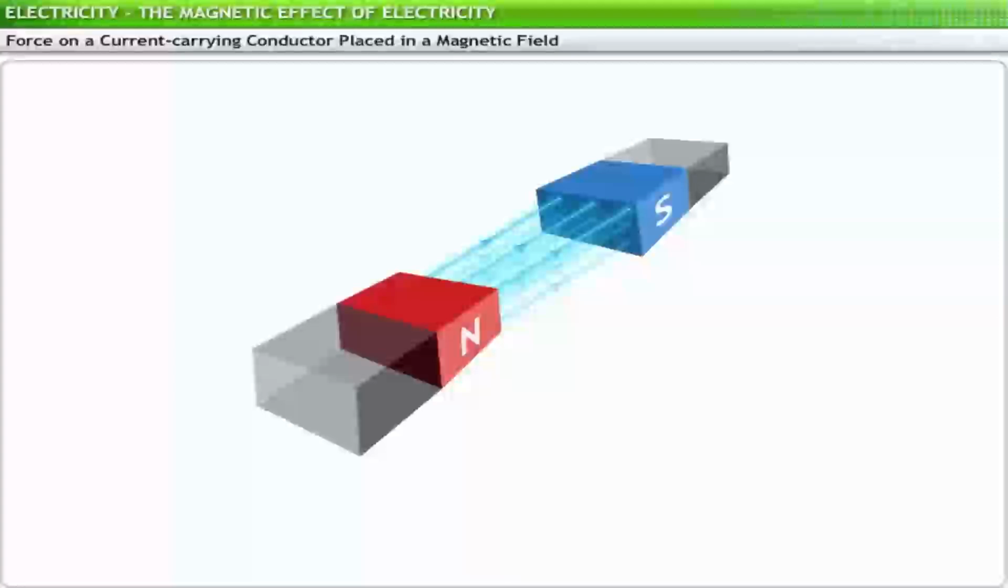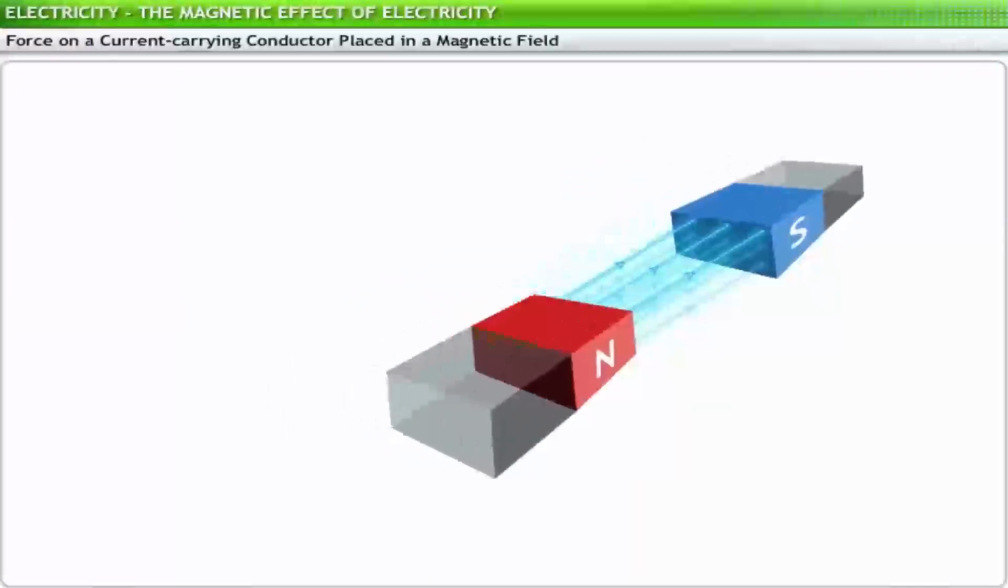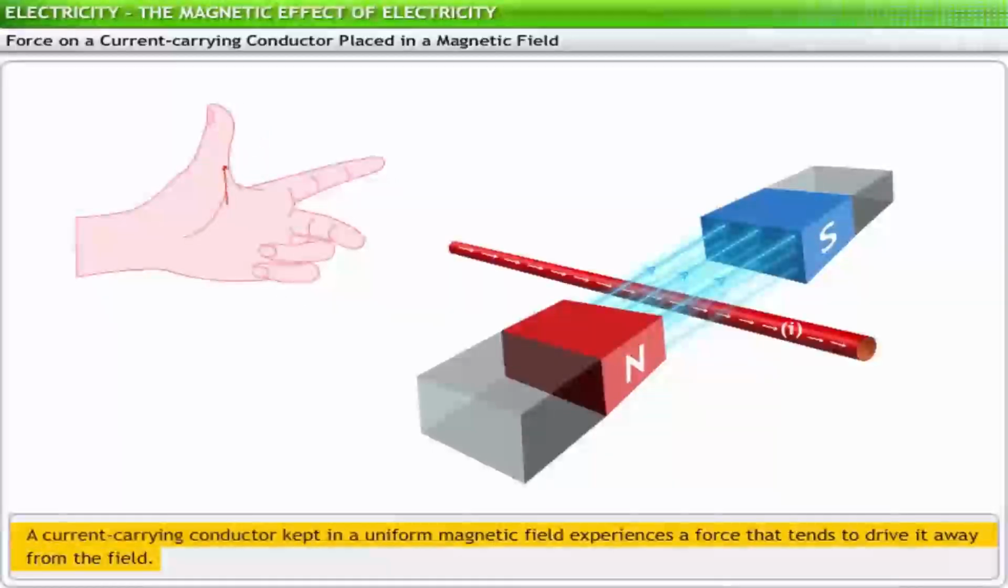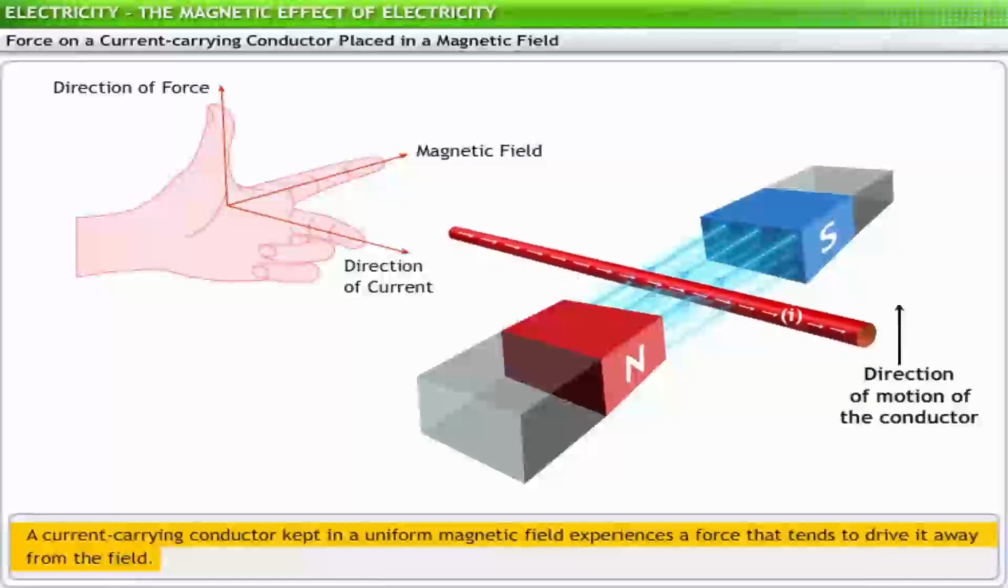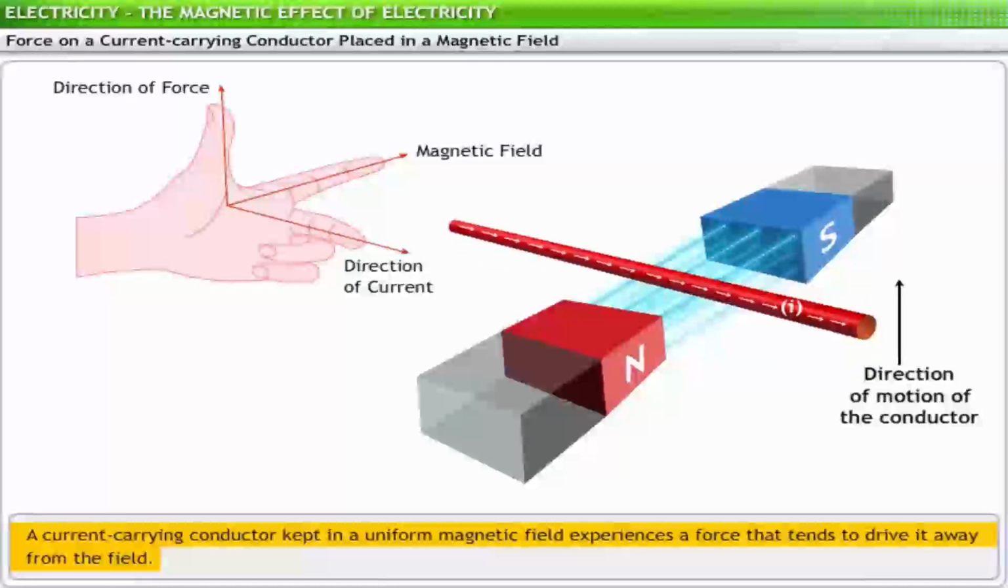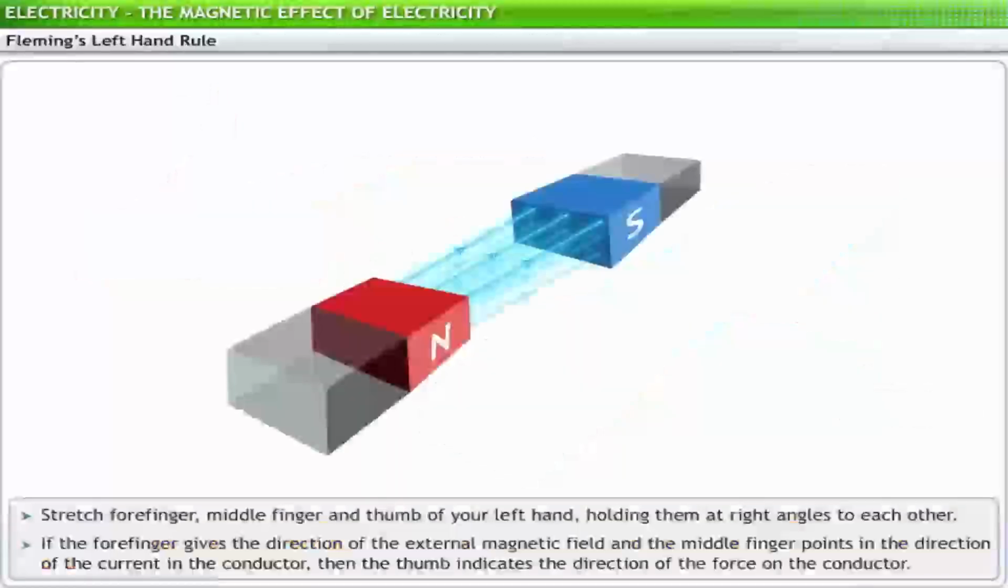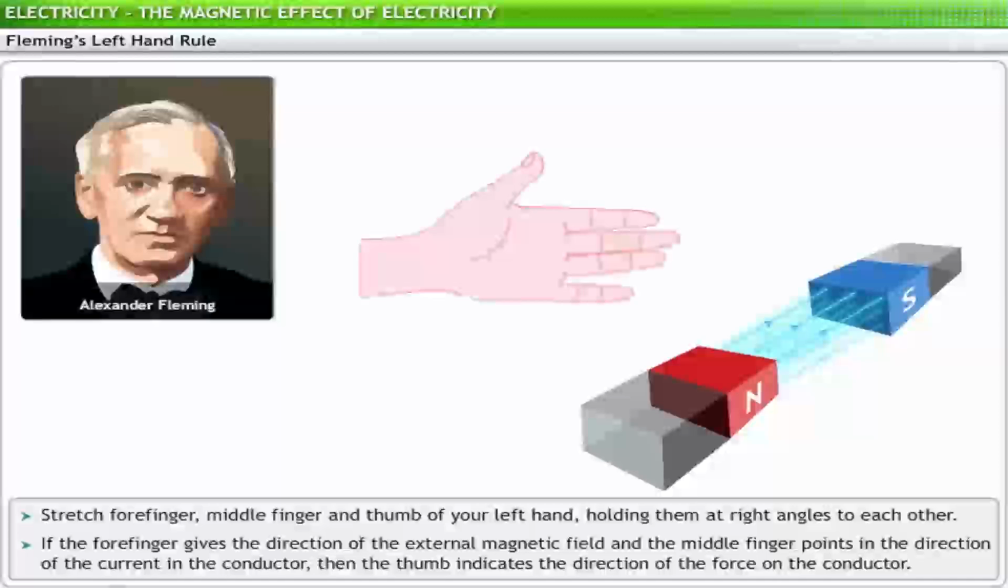A magnetic field exerts a force on the magnetic objects under its influence. Therefore, a current-carrying conductor kept in a uniform magnetic field experiences a force that tends to drive it away from the field. The direction of the force on a current-carrying conductor in a magnetic field can be determined using Fleming's